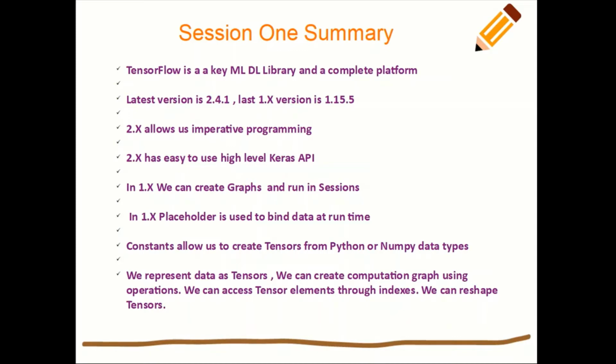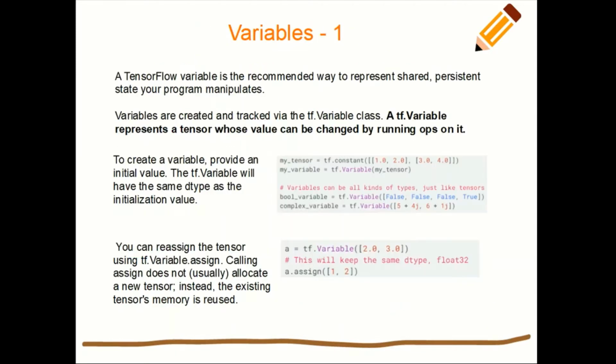That's exactly what we had done in session 1. So let's move on to the topic of this session. The first thing we are going to discuss today is variables. Till now, we have seen that each node in the computation graph has tensor input and output. Tensors represent data, and they flow through the graph, that is, a sequence of operations. Since we do not update data during computation, tensors are immutable.